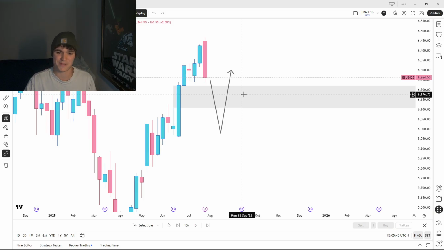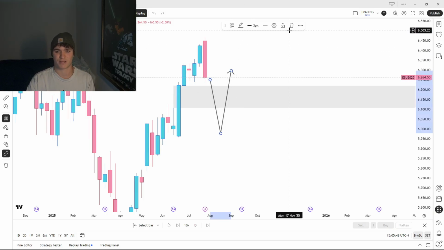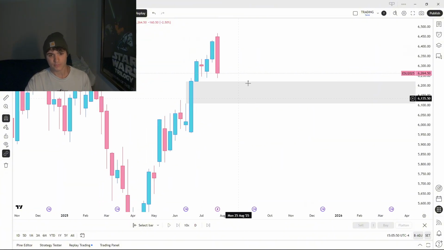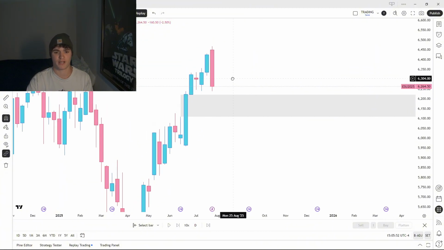So don't be that idiot who longs just because we've tapped this. But like I said, this is a strong draw on liquidity. Now that we're super close, I expect us to test it next week, right? That's just my expectation. And at that point, I'll be very much paying attention to how we react.